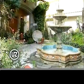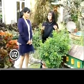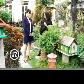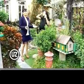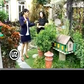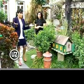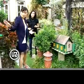So when you enter, you'll see there are no gates, nothing. So it's all open. So people are just encouraged to come in. It's so welcoming. It's so different from the other houses because normally houses in Manila have fences and gates. But here, instead of a high wall, you have this, and it's very welcoming, very charming little